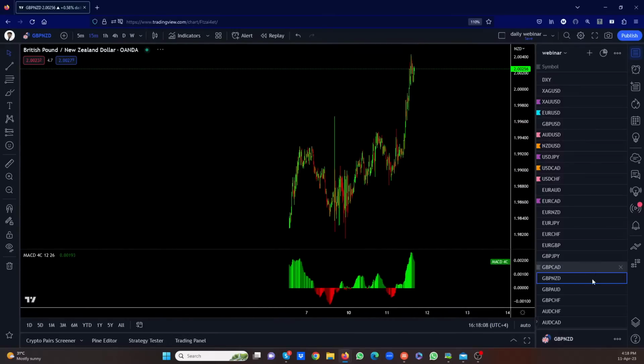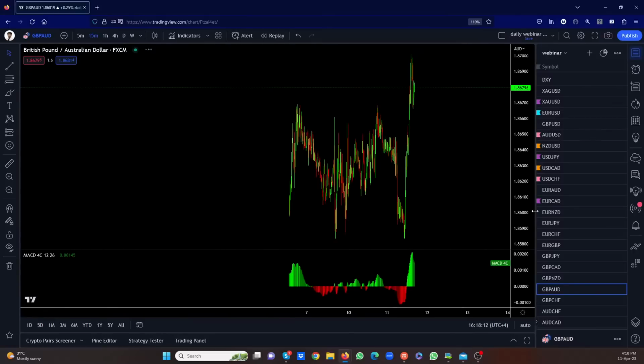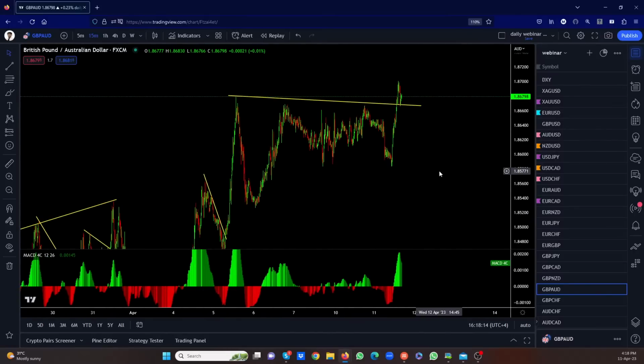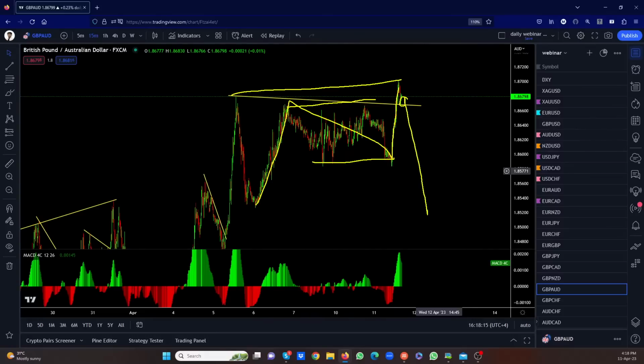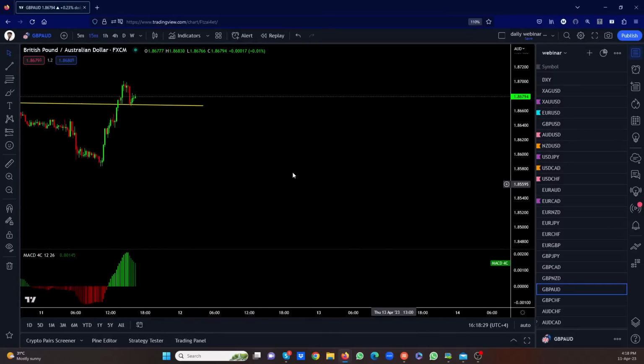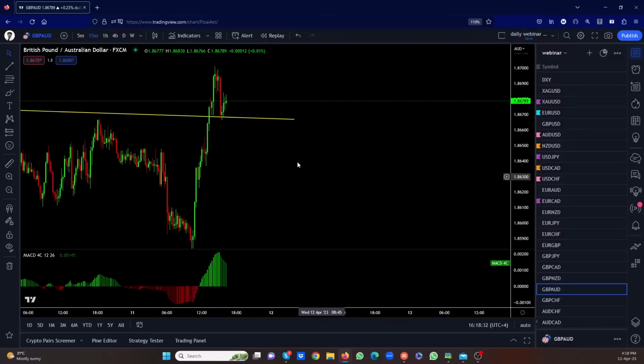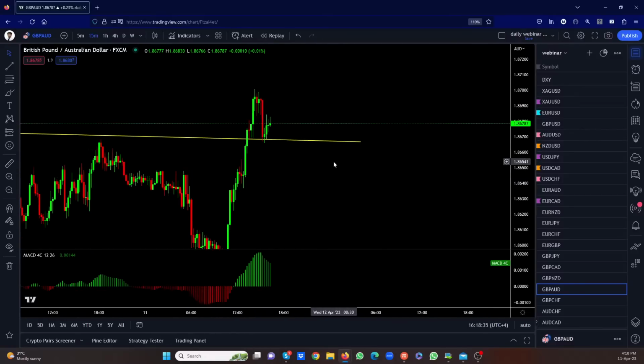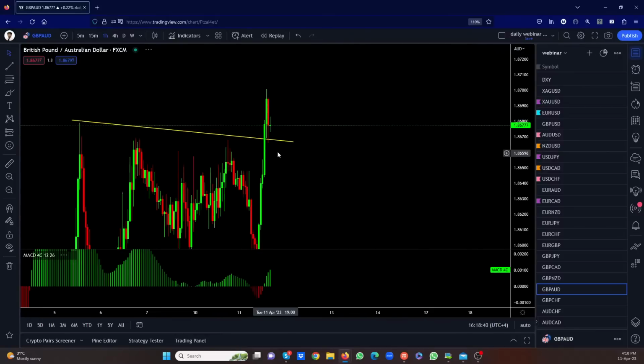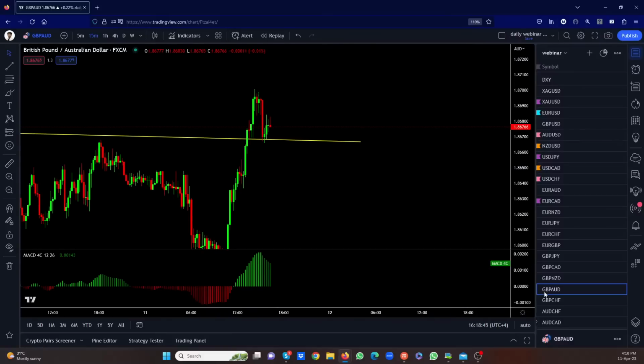Pound New Zealand, no trade. Pound Oz, no trade setup. But if this starts to come back, then we'll take the trade. So we got this up move. You get 1, 2, 3. If this gives us a flag here, we'll be selling it to the bottom. And then the upside. So if we get a flag there, it will be a trade setup. Keep your eyes on this. We don't really have a flag as yet, but if we get a flag, we'll go with the trade. So we're literally waiting for a flag. Let me go back on the 1 hour. See, that is only one candle. So we'll have to get 4 or 5 candles there, and then we'll be looking for a sell setup.